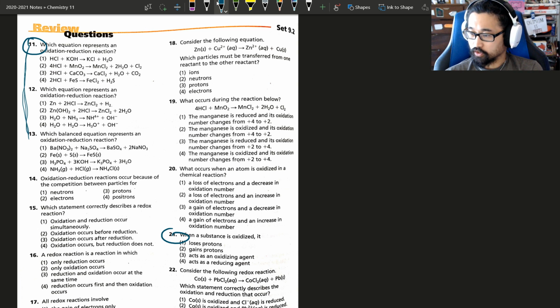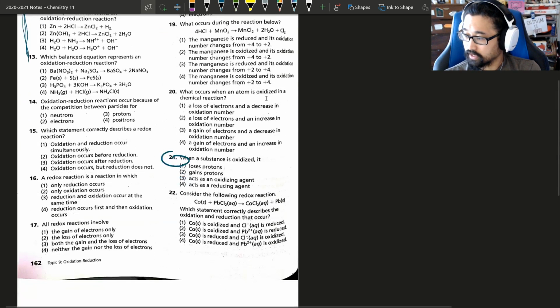Most of the other ones are just definition questions, and then the equation ones are really like you need to remember kind of what's going on. So let's go straight definitions first. Let me look at number 21. So number 21 asks, when a substance is oxidized,